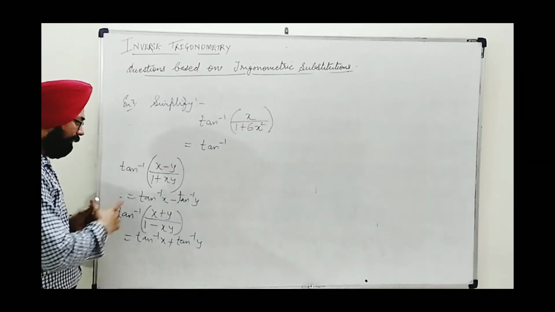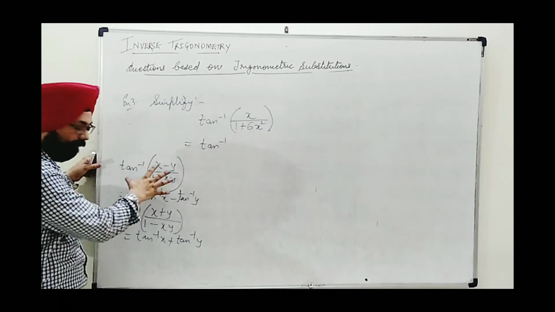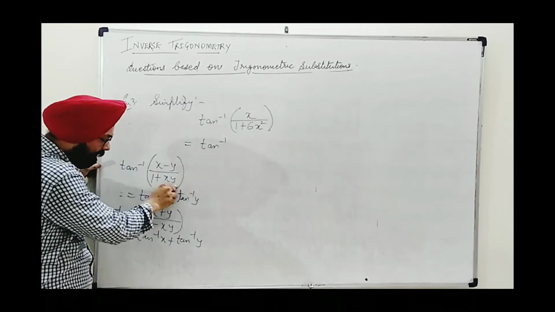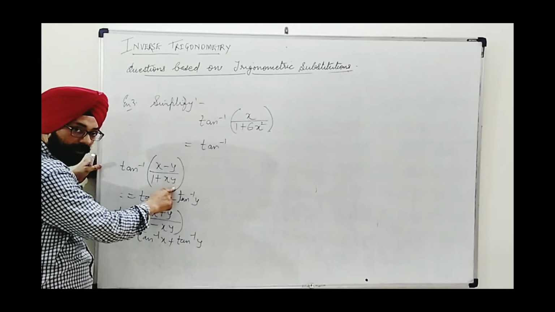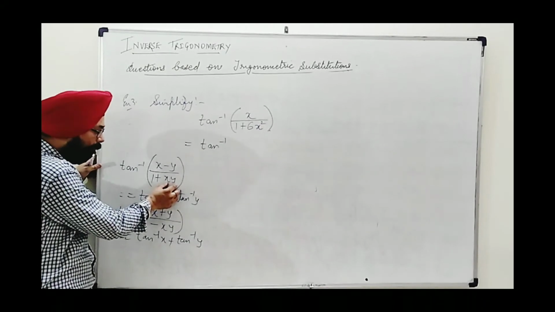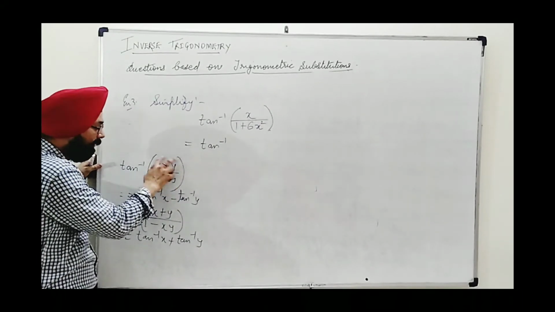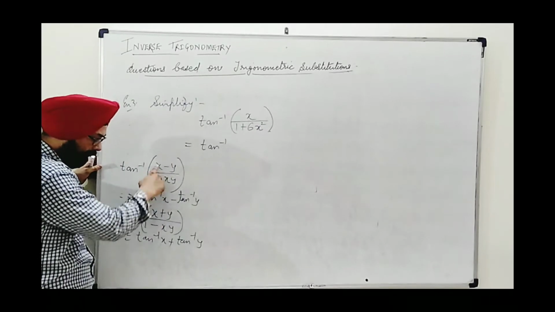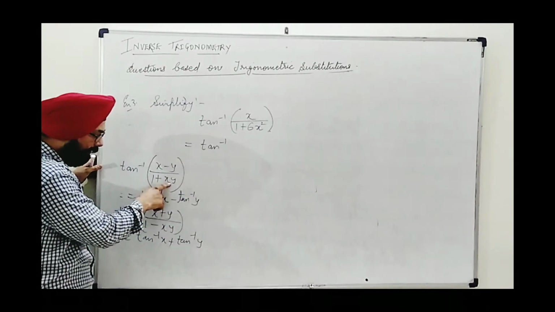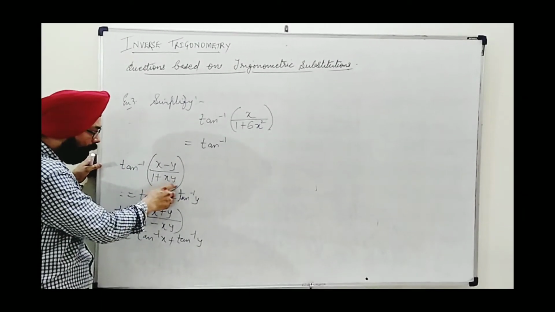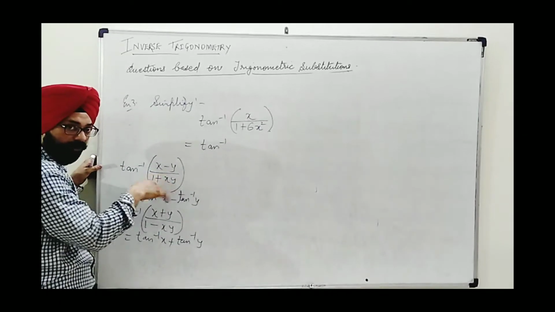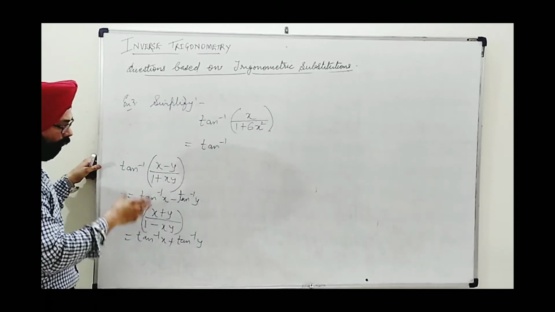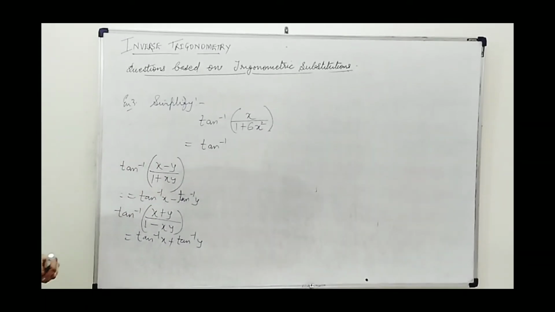What? We see that, like if I catch first one, here in second term, both of the identities. In second term, we need in denominator the product of two values, and in numerator, we need the difference or addition of those two values. Keep in mind what I said. In second term, in denominator, we need the product of two values, and in numerator, we need the sum or difference of those same values.